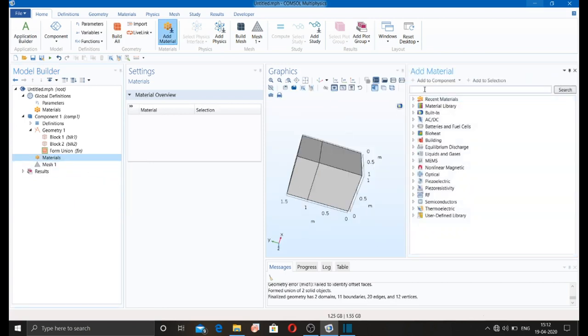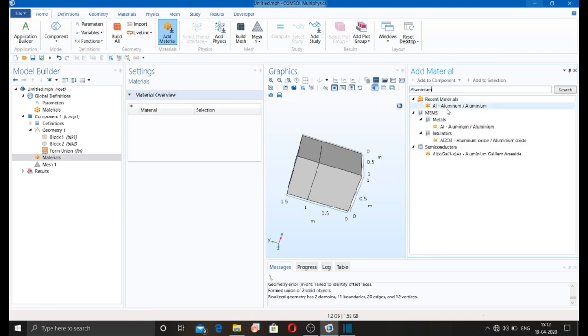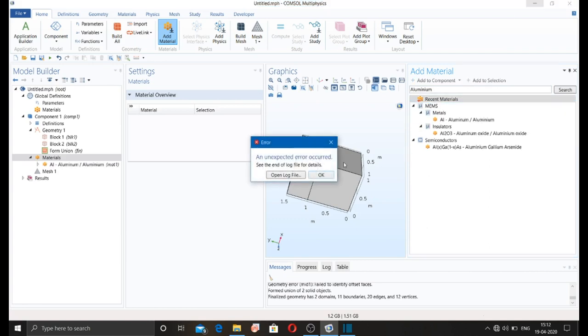This is the inbuilt library of material. So from here you can search any kind of material. I am just searching the aluminum. Okay, so here you can see the aluminum. Just selecting and right click and add to component 1.